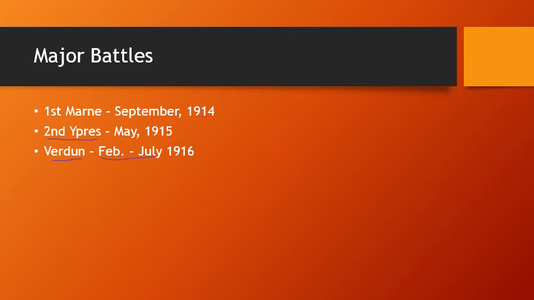As soon as the Battle of Verdun ends, we have the First Battle of the Somme. This is another battle that lasts 5-6 months, from July to November of 1916. And this was also the deadliest single battle of the war. In total, at the Battle of the Somme, there were 1.2 million casualties at one battle.